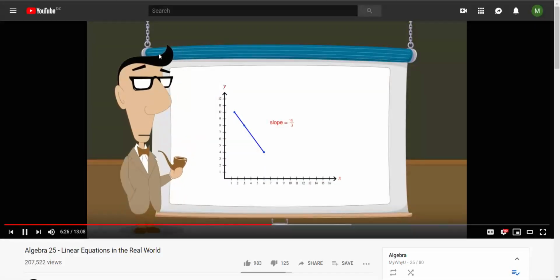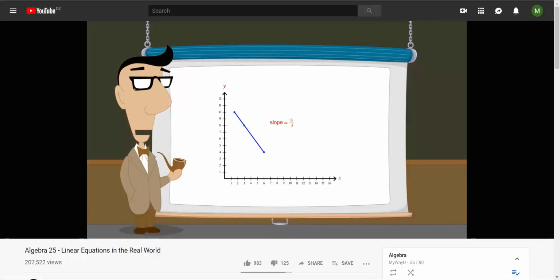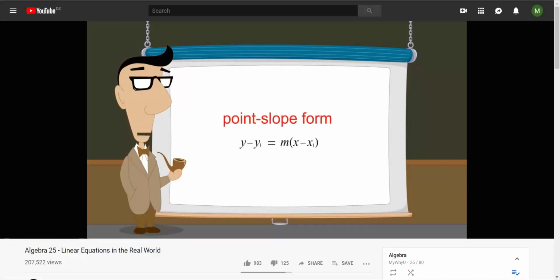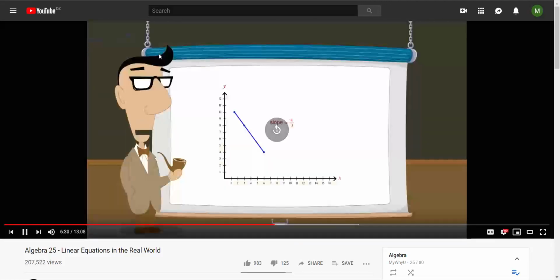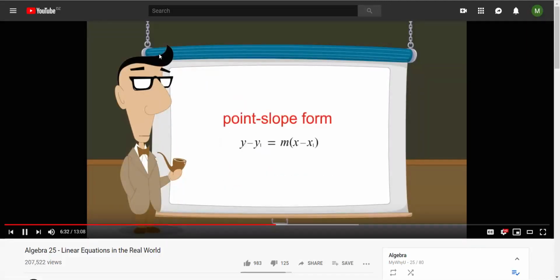Since we know this line's slope and at least 1 point which falls on the line, we can write the equation for this line using the point-slope form. If we choose the bottom point, which has coordinates 6, 4, the equation for this line using the point-slope form